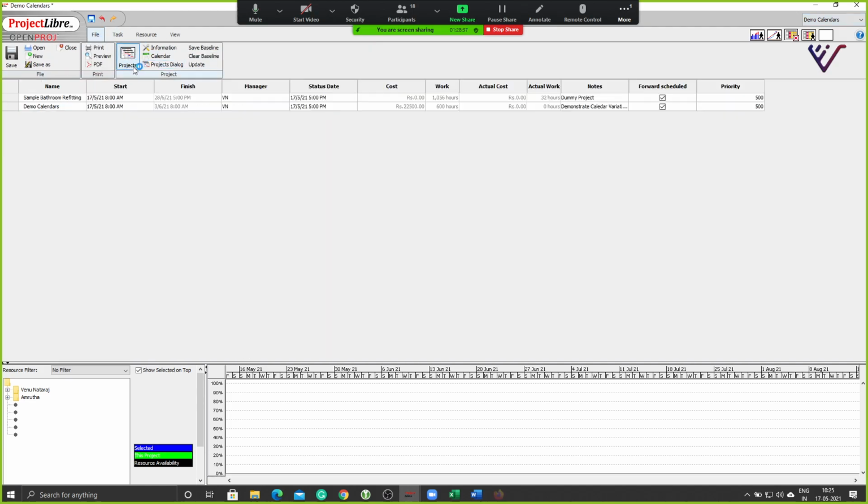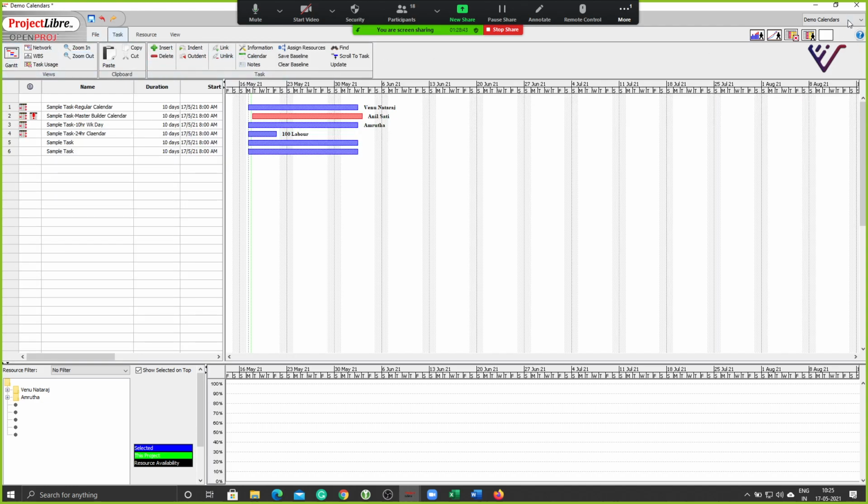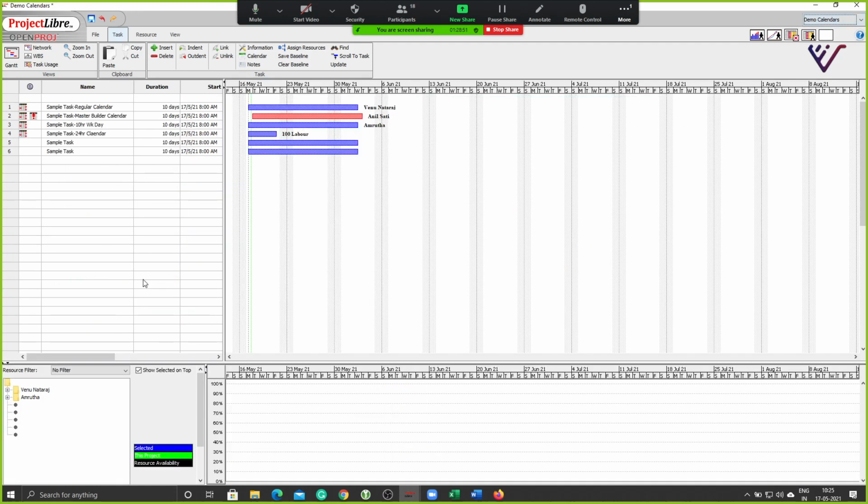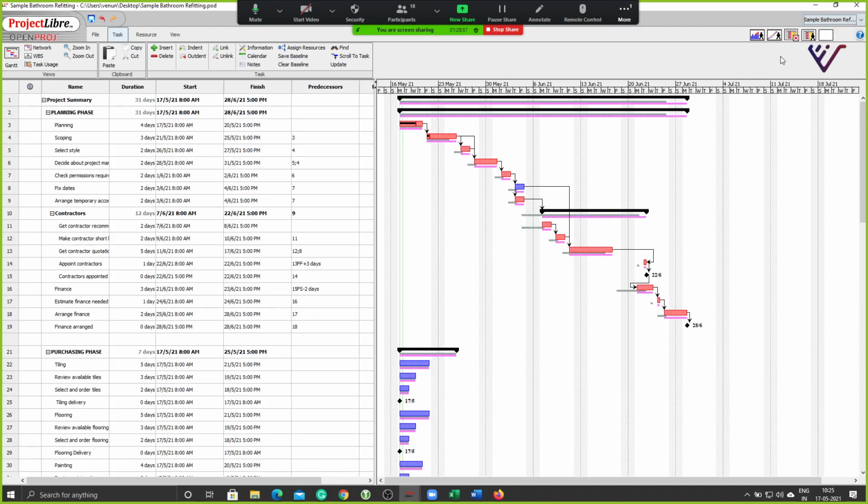Under file, you can see the different projects which are running under the same header right now. You can also look at that at the top as a drop down here, sample bathroom fitting. If I click on it, I'll come to that project, and if I am coming to demo calendars, I can see this one.